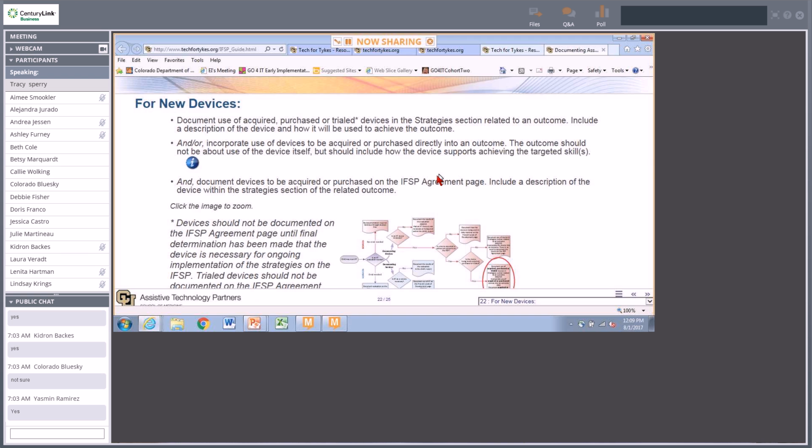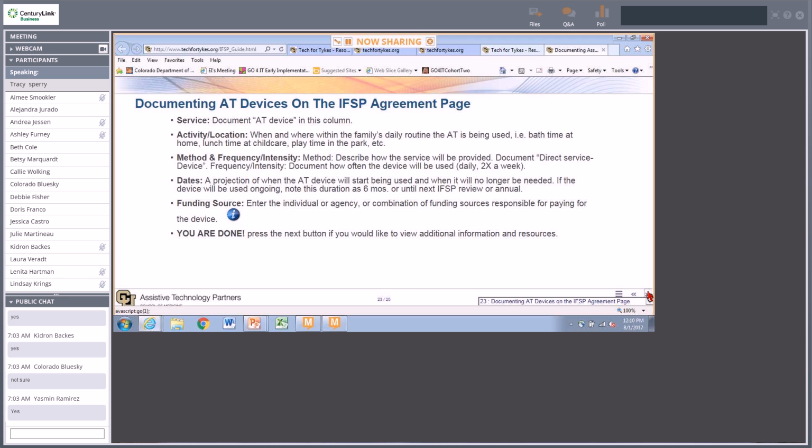Then you're going to document the device within the IFSP agreement page. Now, a question comes up a lot as to whether or not devices can be documented before we know exactly which device it is, and the answer to that is no. If you're just in the trialing process, you're not going to document it on the IFSP, and you can see it's not until the final thing has been done. So that's it. That is the use of the